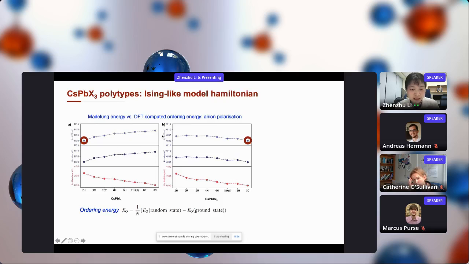So it means the bare Coulombic interactions are dramatically regulated and screened by the polarization of the ions. And also, the reverse stability trend for both halides shows the non-negligible role of the anions in these perovskite